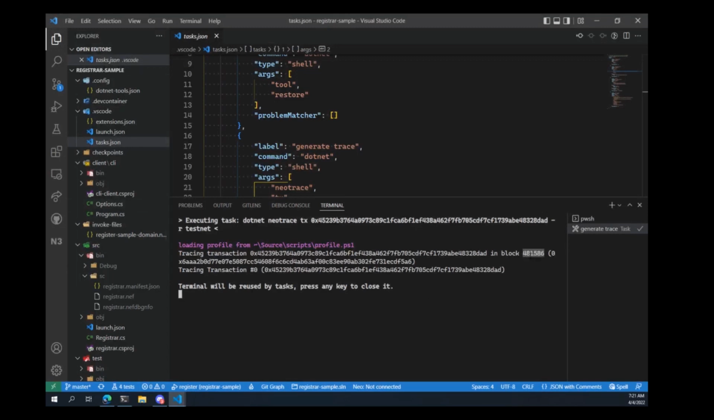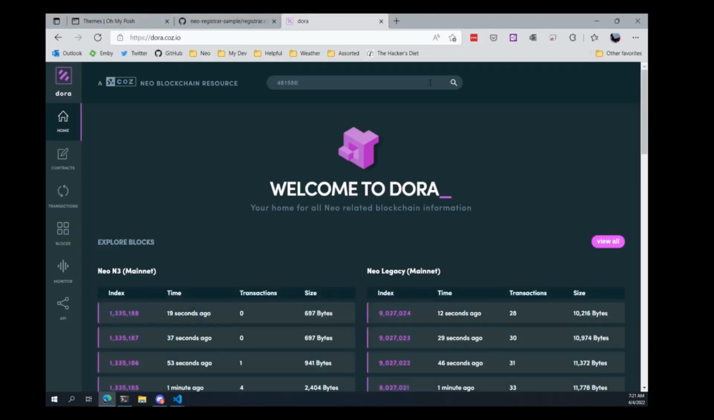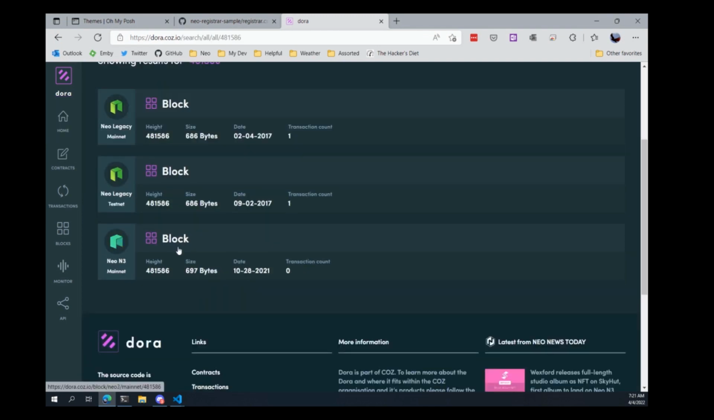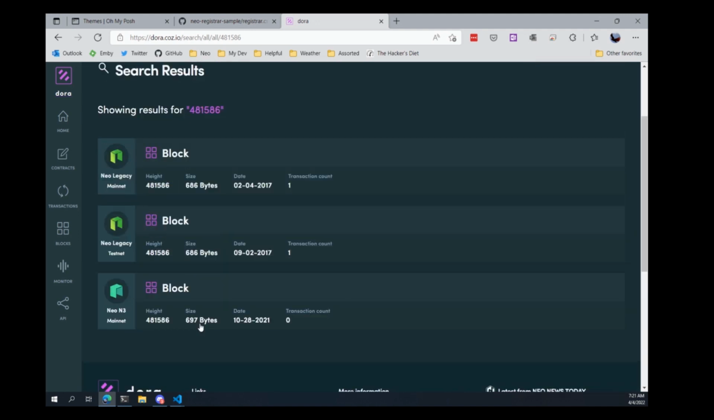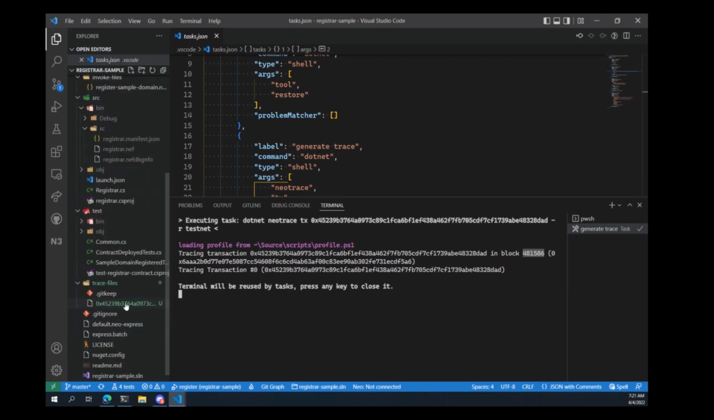So let's see if Dora will give me a view of the transaction if I look at it from the block. Okay, so mainnet, testnet. Okay, so apparently Dora doesn't have that information for N3 testnet. So sorry about that. I can't demonstrate that it's a real block and a real transaction that really occurred on testnet. But by running that command, we've now generated this file, trace files, and it uses the extension .tracenet